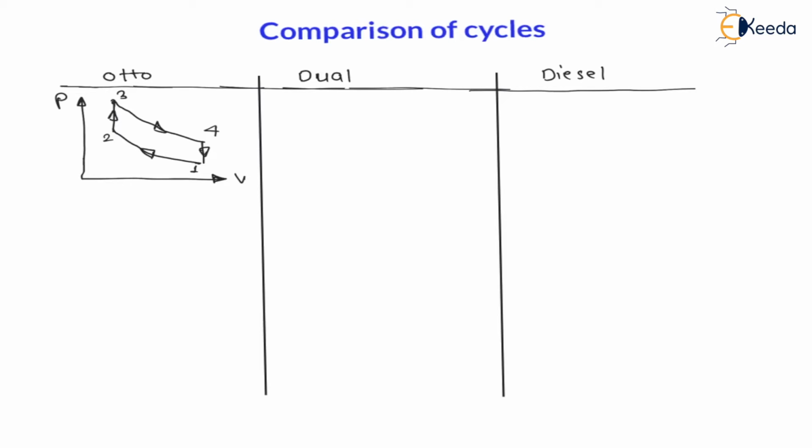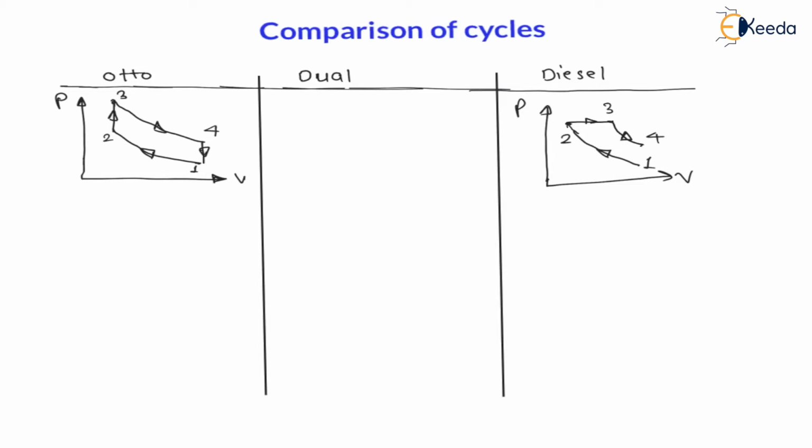Now, in case of diesel cycle, if I draw pressure versus volume diagram, PV diagram, the very first process is common in all, that is reversible adiabatic compression, 1 to 2. And my dear students, in case of Otto cycle there was constant volume heat supply, but in case of diesel cycle there is a constant pressure heat supply. Therefore at constant pressure heat is supplied 2 to 3. Then 3 to 4 is reversible adiabatic expansion, that is isentropic expansion.